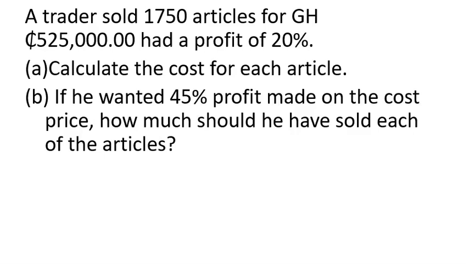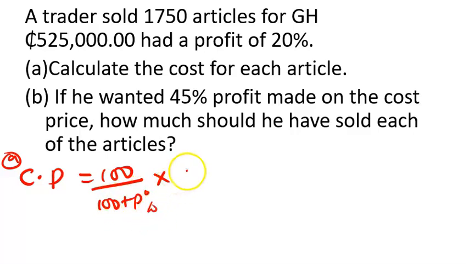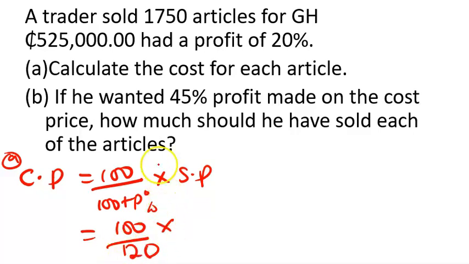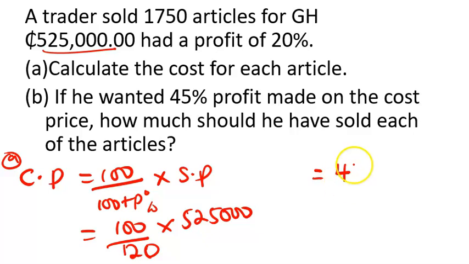Okay, so let me look at the first method. So finding the cost price, the A part, we are using only the formula. So the cost price is 100 over 100 plus profit percent times the selling price. Okay, so we have 100 over, so 100 plus profit percent is 20, so we have 120 times the selling price, which is 525,000, and we are getting 437,500 Ghana cedis. So this is the cost price for